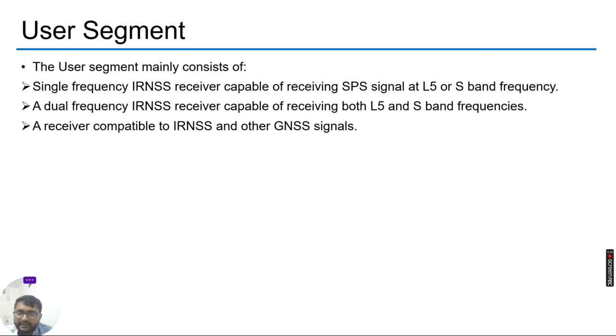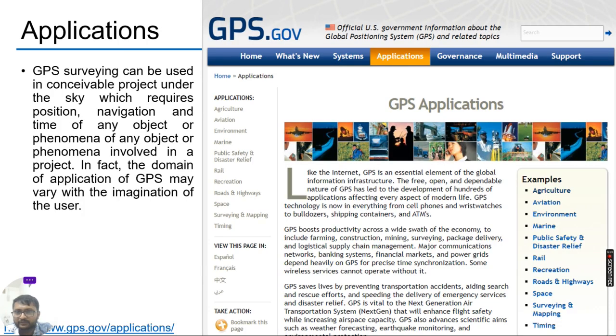Then we should also have a receiver which is not compatible only with the IRNSS, but should also have compatibility with other satellite based navigation systems as well, so that it can capture signals from a larger number of satellites. So it should have more ability to capture the signals from various